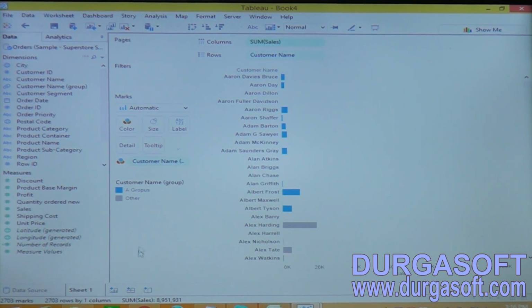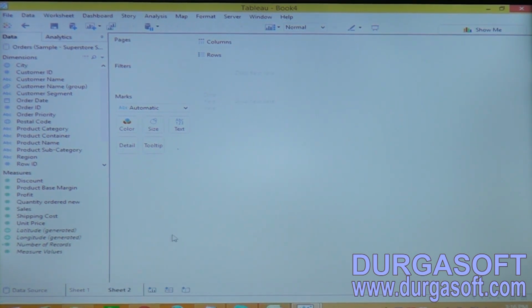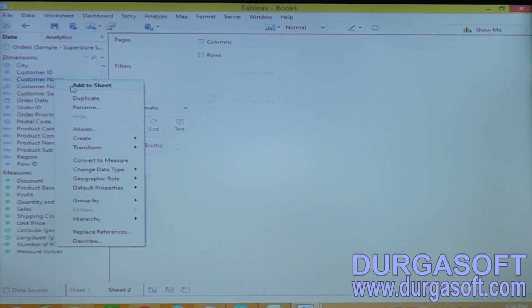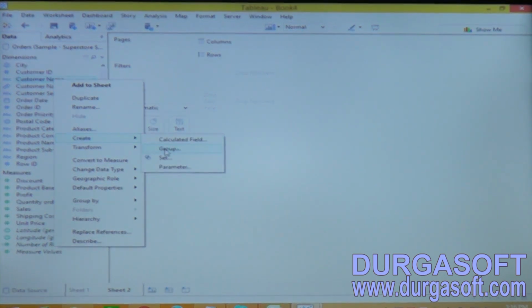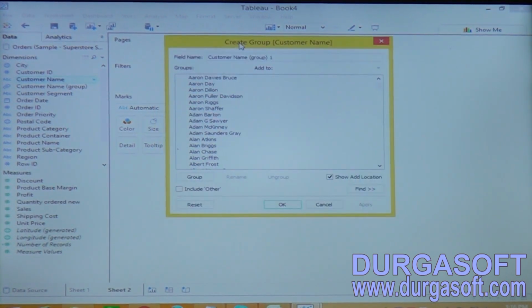We have one more way to create a group: right click on the customer name and go to Create, then click on Group here. Now we can see the list of all the customer names here. Now I want to create a group.